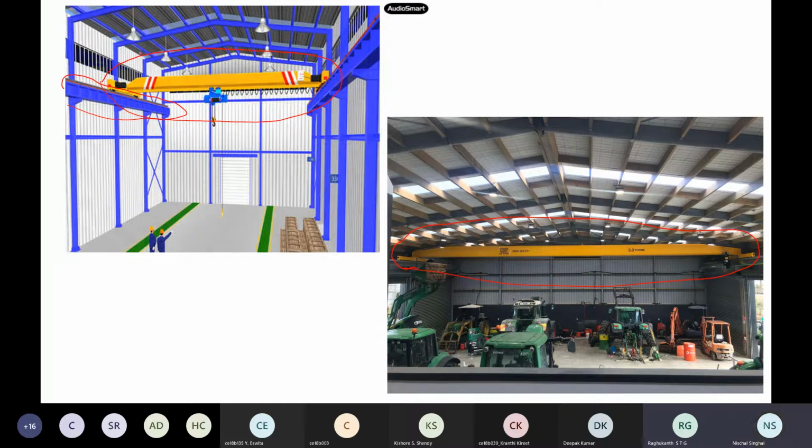Now, you can see one I section right here, where the crane is moving. What do you call this I section which is supporting the crane? Or this entire system, if you want to design it, what do you call this entire thing? It is also like a girder only.